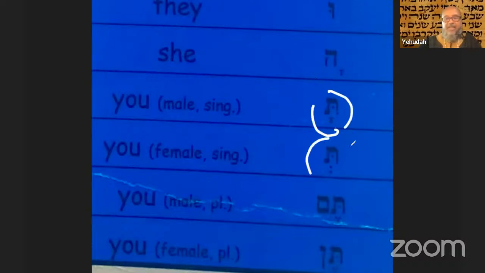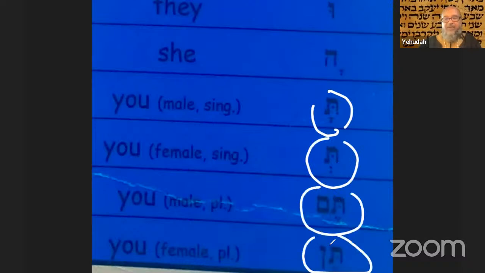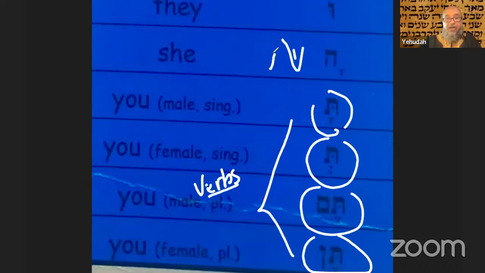That's the masculine and that's the feminine. Now, as I told you earlier, all these have to do with verbs. So when you see a verb, like shamar, you're going to have shamar ta. Then you would know, oh, wait a minute, this is past, but they're using the tav on the end here